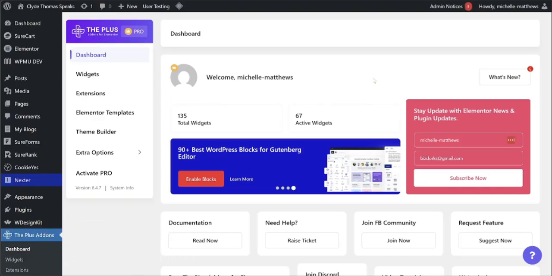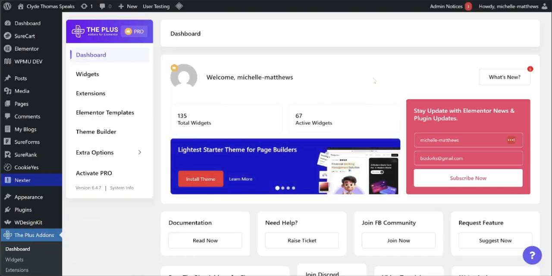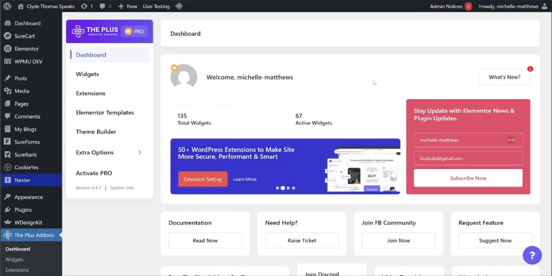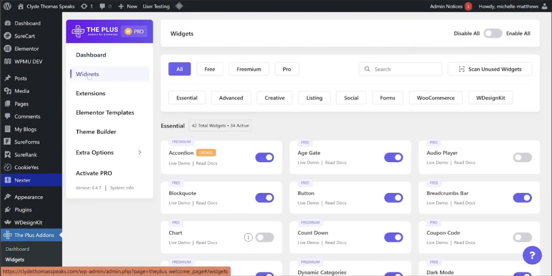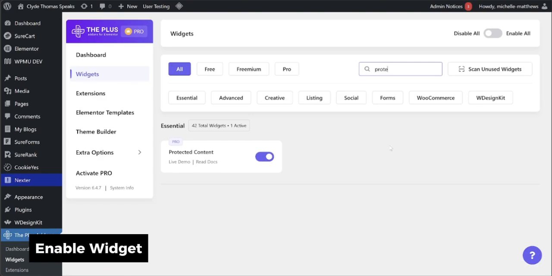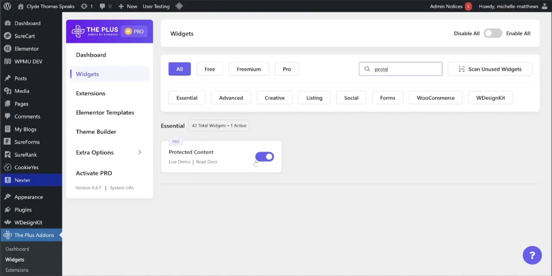Once you have the Plus Addons for Elementor installed and activated with the Pro license, the next thing you need to do is go over to the Widgets tab. And inside of here, you want to search for protected content. This is the widget we're going to be using to have the capability of protecting certain content on our WordPress website. Make sure this is enabled on. And as you see, it's a pro feature,